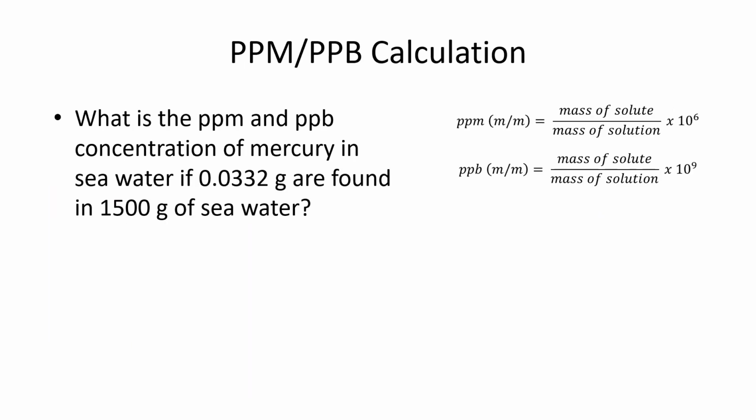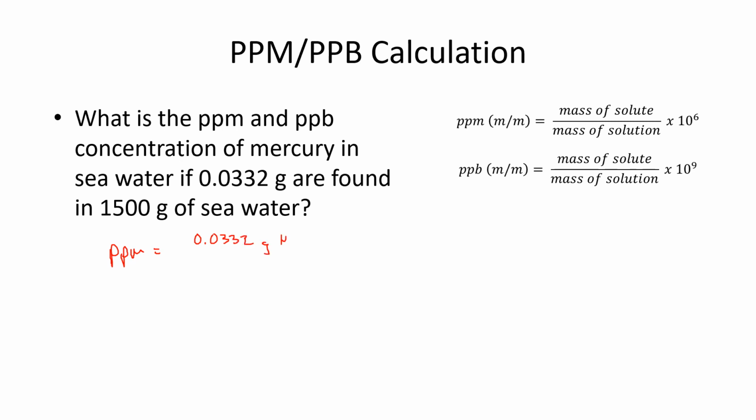So let's try that with mercury and seawater, which is an issue as mercury has been thrown into seawater from toxic sources for quite some time, and it can cause problems as it biomagnifies up the food chain. So let's have a look here. If we want the ppm concentration of that, we would take the